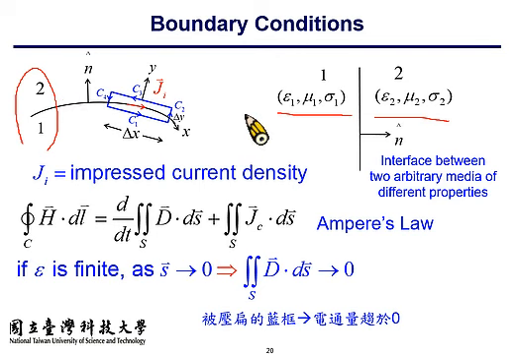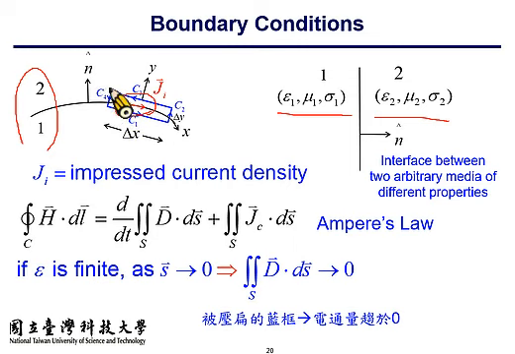So we try to determine the relationship of the E and H field above and below the interface. And here we have the current Ji, the impressed current density, flowing on the surface. So it's marked with a red arrow. In fact, the red arrow should be pointing